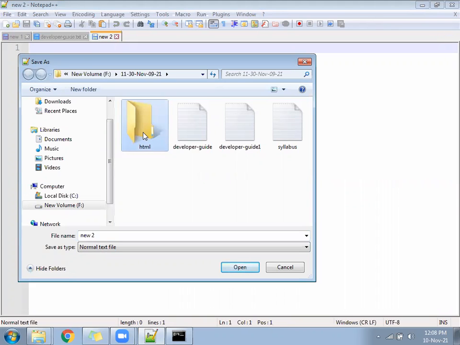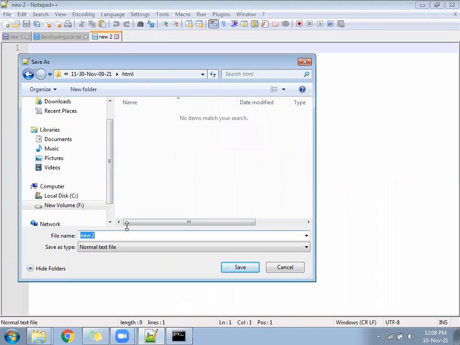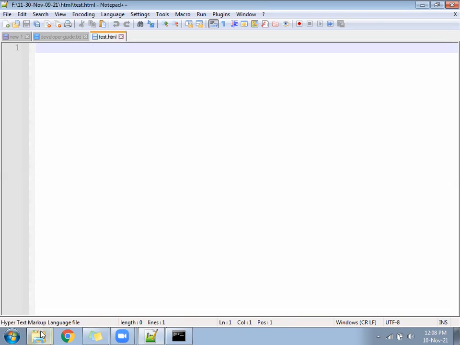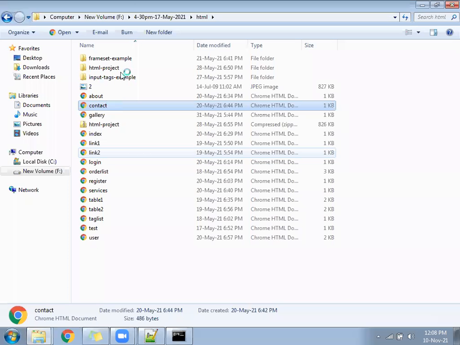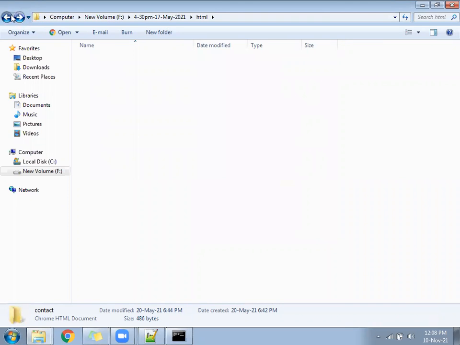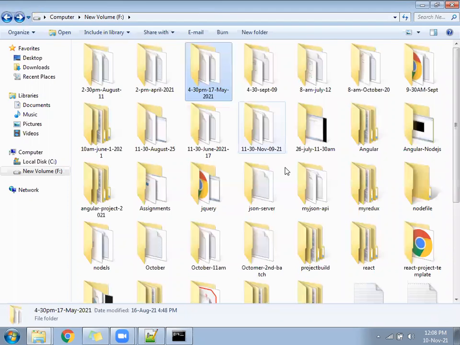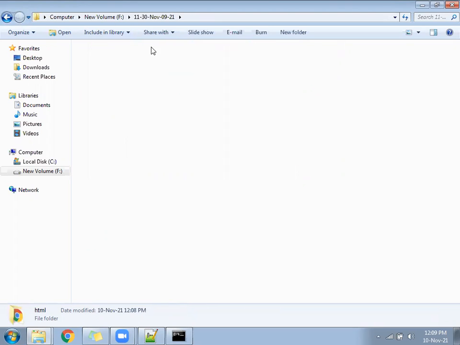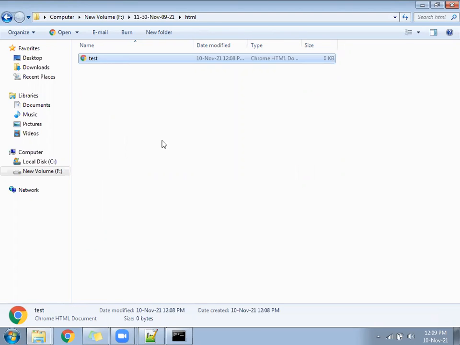Locate your folder, go there and write your file name test.html. Save the file under the HTML folder. You can check whether the file is reflecting under the HTML folder or not. So under the HTML folder, I got a file called test.html.